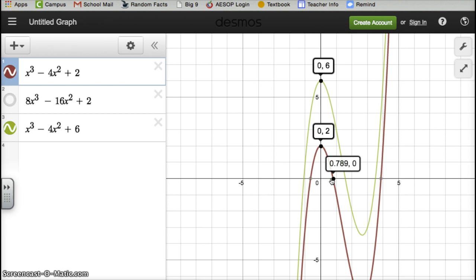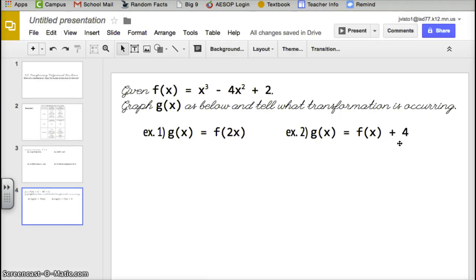Here I'm at 7.9, here I'm at, oh, where's my 0.789 on the x? If I'm at 0.789 here, close enough, it puts me exactly on 4 because I've moved up 4. Okay? So everywhere along this graph, my y value is 4 more than it is on the red graph. So the green graph is 4 more. Now I'm butchering that a little bit, but what I'm trying to tell you is that this plus 4 right here,